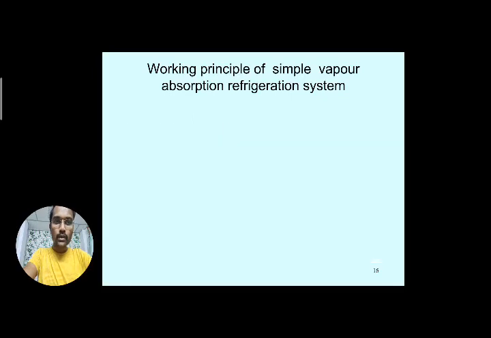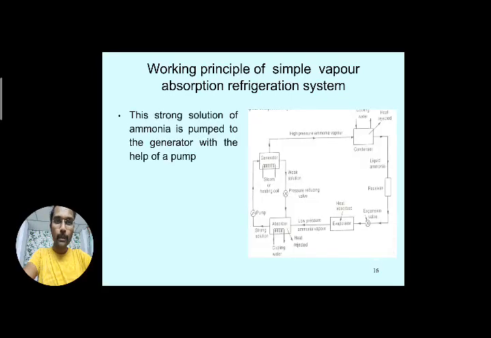Now the strong solution goes with the help of a pump. You can see a pump is placed on the right side. Why do you have to use the pump? And here also one question: why do you have to use the pressure reducing valve? Why use the pump here? Why can it not be sent directly from the absorber without the help of the pump? The strong solution cannot be sent directly to the generator. So these two are very important in this case. Again, try to remember, try to concentrate here.